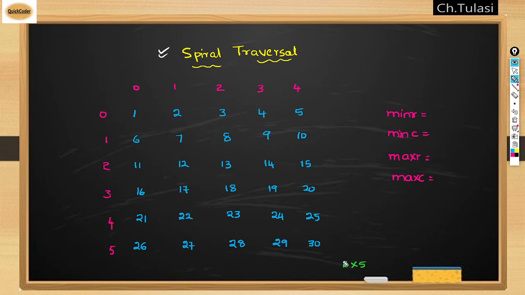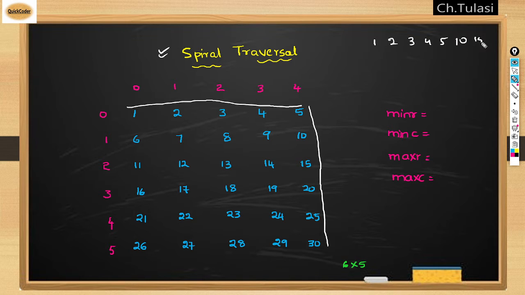So I took a matrix of 6 cross 5 size, so 6 rows and 5 columns. What does spiral traversal mean? We will start from here and go like this. We will print all the elements like 1, 2, 3, 4, 5. Then we will come down like this and print 10, 15, 20, 25, 30, and again we will go